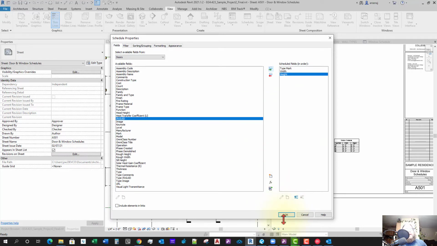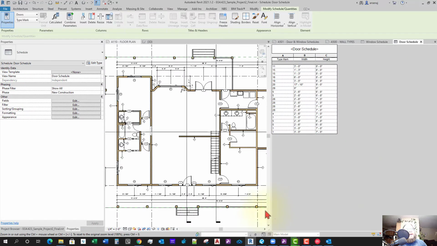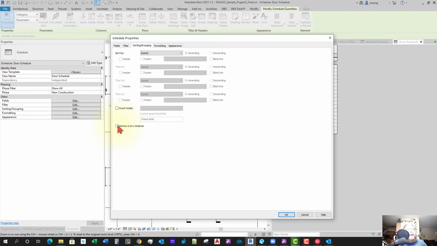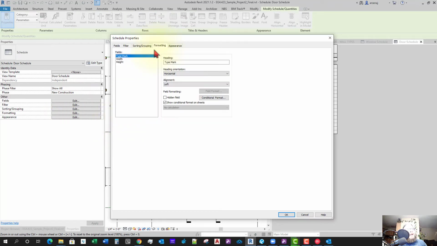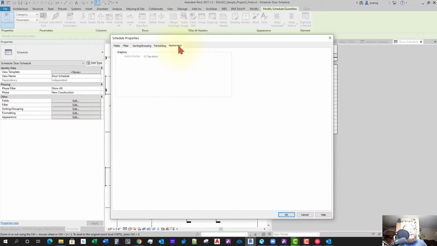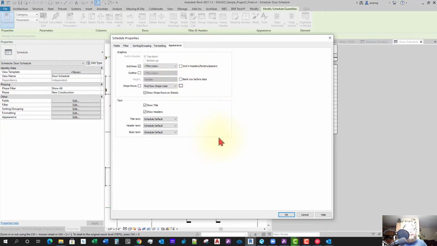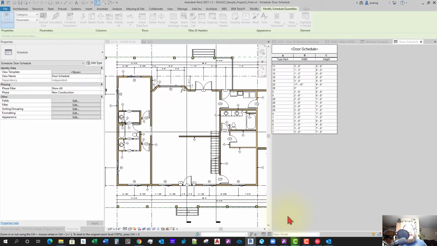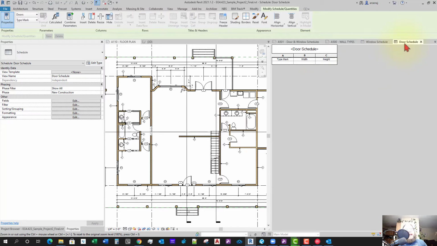And actually, before you hit OK, if you already hit OK, you can go back in here. Let's just hit OK, and I'll show you how to get back in. It brings up this. We will, in the Properties palette, you can go to your sorting and grouping. We'll uncheck Itemize Every Instance. Formatting, we'll leave that alone. Uncheck blank row before data. Hit OK. And the last thing we'll need to do is see how everything disappeared, because we don't have a